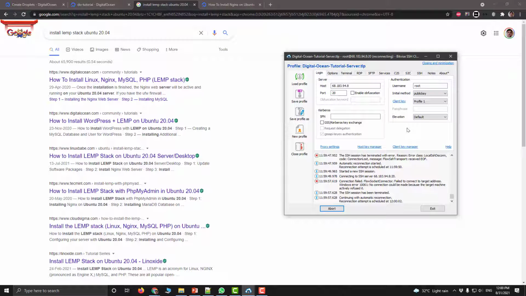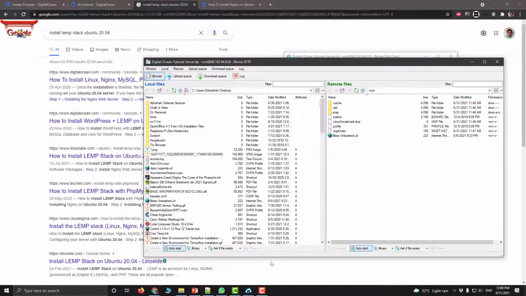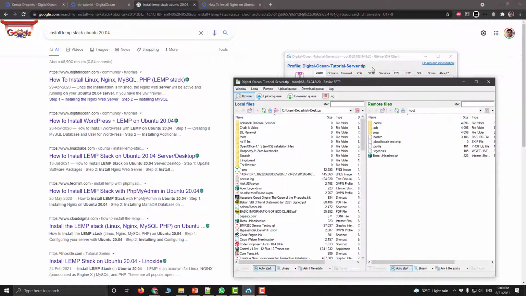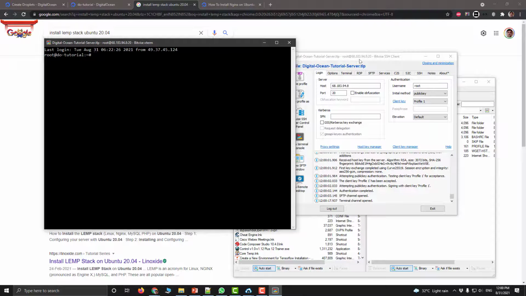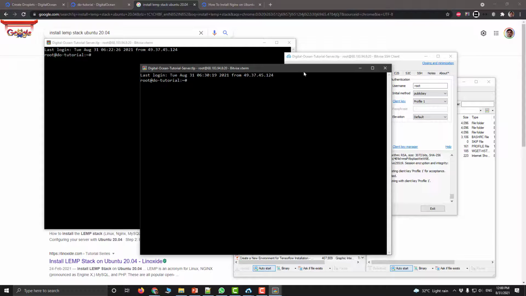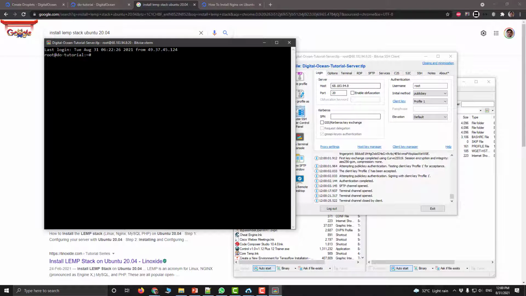Now as you can see, as I restarted the system, it got disconnected and it will automatically reconnect. It has already reconnected, but it did not open the terminal channel. However, the file server, the SFTP connection, is restored, but you can create a new terminal again. If you want, you can create multiple terminals like this, so that in one terminal you can do some stuff, while in others you can do something else. So this is also a nice thing with this particular software. And here the update has been finished.